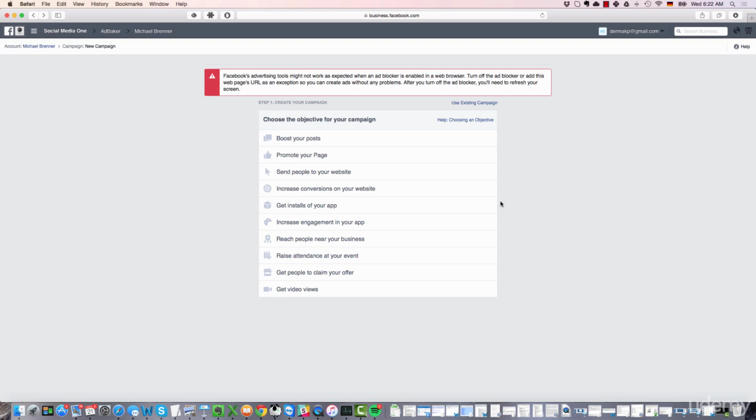Now, without conversion tracking, you only have this option here: send people to your website, sending people to a squeeze page. Now, you can do that, of course, but that's just a very basic version of building up a list with Facebook. And seriously, you're missing out on one of the best features that Facebook is offering, and that is